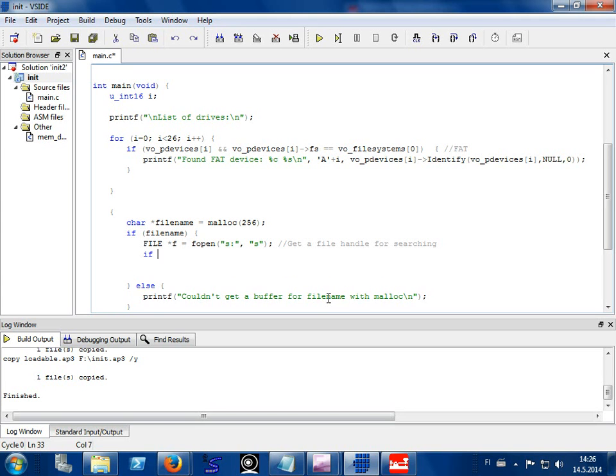And once again, if we have the handle, then we can use it. And the last thing that we write is f close f. So if we get a handle, then in the end we must also release it. Now we have the handle to the drive, not to a file, but to the drive. And we can call now fat find first. And let's write fat find first